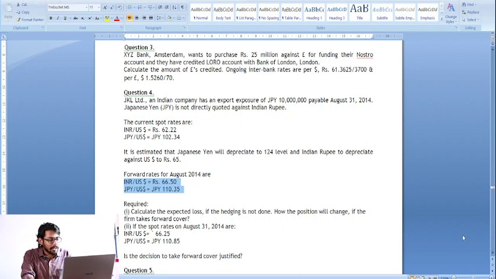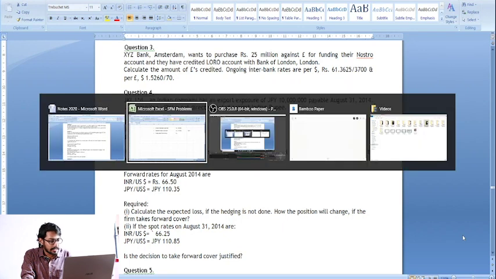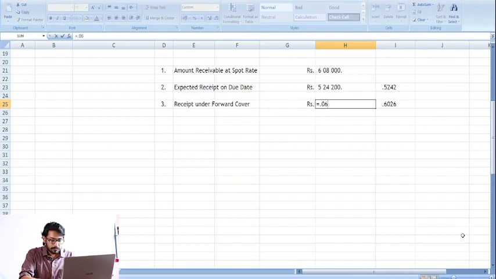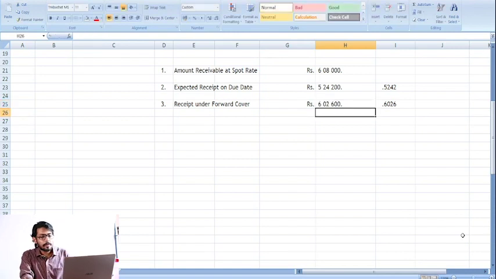You know the math, you know how we did it over here. Same way you will get the rate 66.5 divided by 110.35. You will get that the rate is 0.6026. 0.6026 into 10 lakh. You will have a receipt of